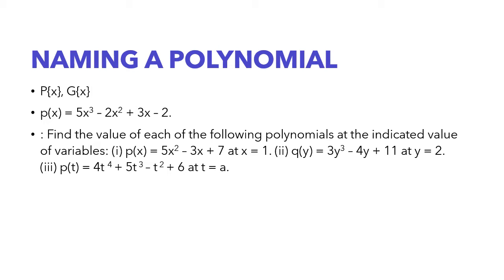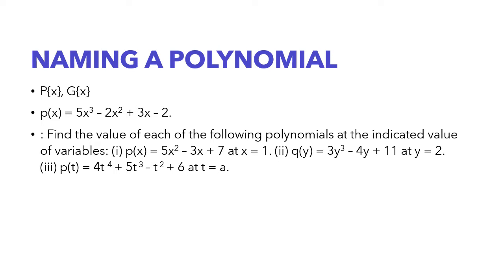So let's see how naming a polynomial would be looking like. Now we all have different names, right? For example, my name is Sabit, and some other people would be having Rohan as name. Some other people would be having Rachel as name, and different people can have different names, right? In the same way, we would be putting names to the polynomial too. What is the reason? Look at this example over here.